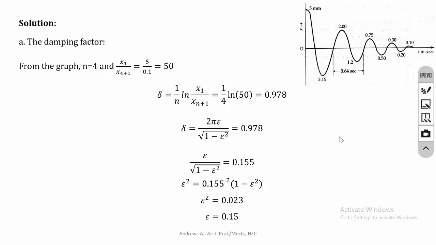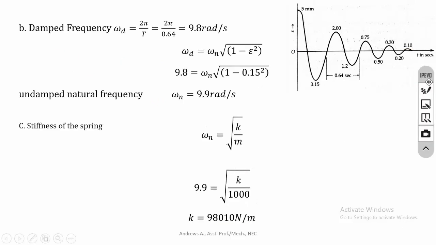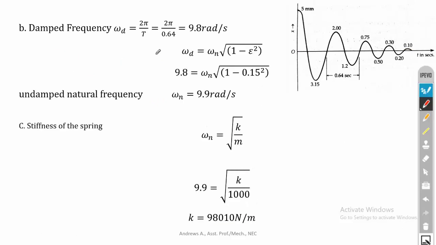Okay, fine. Then the next one is the damped frequency. Damped and undamped natural frequency we have to calculate. We will start with the damped frequency. The time is given, it is 0.64 second, and we know that fd is equal to 1 by time. Further, fd is equal to 1 by t means omega d is equal to 2 pi by t,